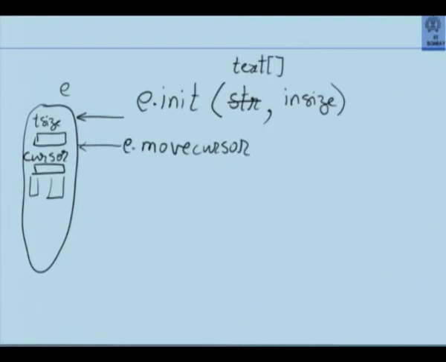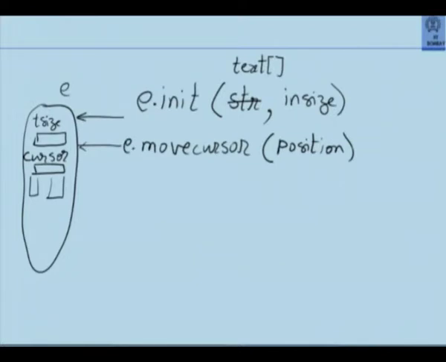So if I say E dot move cursor, the cursor should move. Originally init would have set the cursor to 0. The move cursor command must have some position. Which position to move the cursor to? Notice that while your stacks have no implicit or explicit limit on how many characters you can put in the stack, your cursor will have to have limits. That will depend on what? On the size of text you are editing.